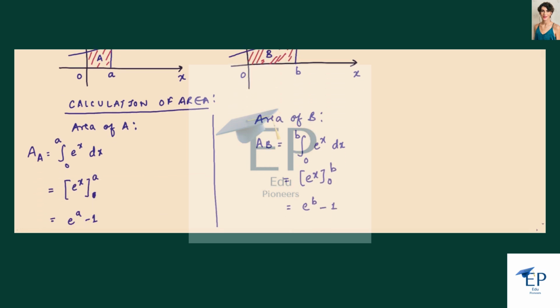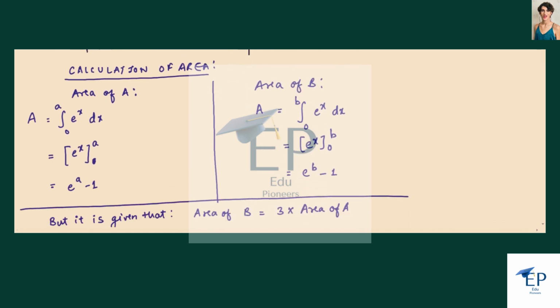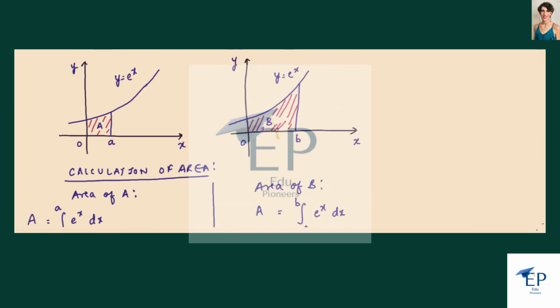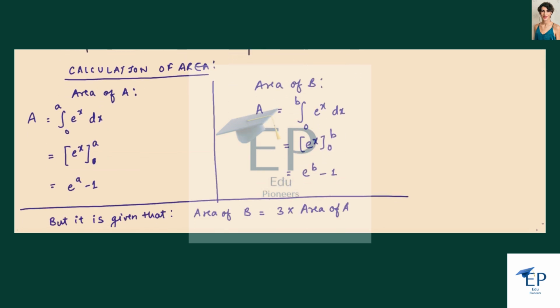So let me write here. This is the graph for e to the power x. So we need to integrate from 0 to a, that is the limit for x. Similarly, here 0 to b for the second graph. So we are just calculating the area. So we will be getting for